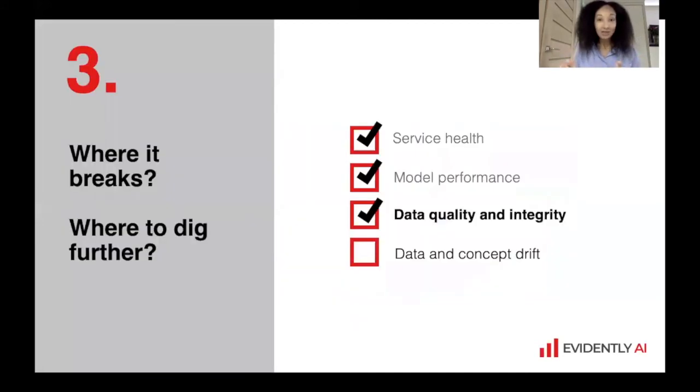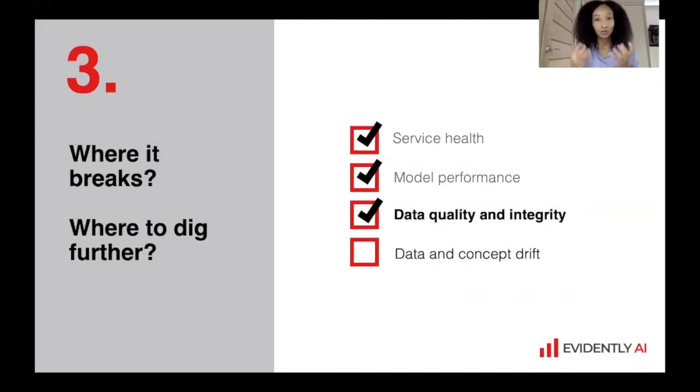Okay. Let's say we pretty much covered the model performance. And if we see that model performance is good and all your quality metrics are high or low, as they should be, then you can still go and do your other tasks, right? But if something dropped, then we need to figure out where it breaks, what has happened, and where to dig further. And here, I suggest you go for data quality and data integrity,